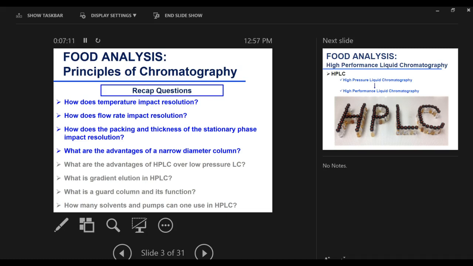How does the packing and thickness of the stationary phase impact resolution? I don't know if I talked about it a lot last time, but I just want to demonstrate a little bit. Sometimes you have a packed column, and we'll talk about it more later. In HPLC at least, you have a packed column where your stationary phase is packed within your column. Or you have a hollow column where your stationary phase is really on the sides of the column, like a thin layer